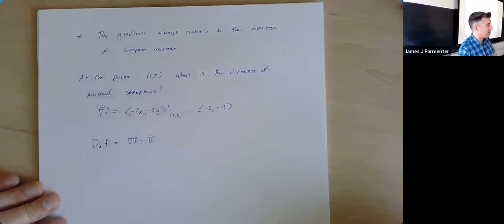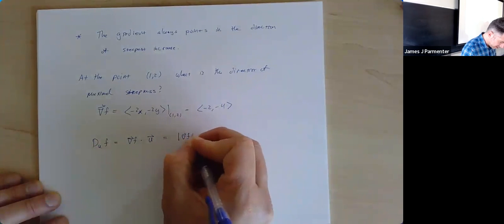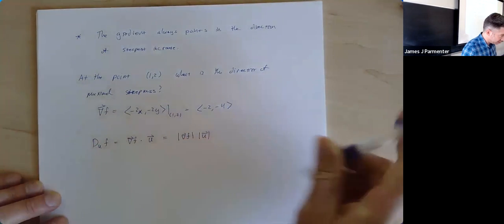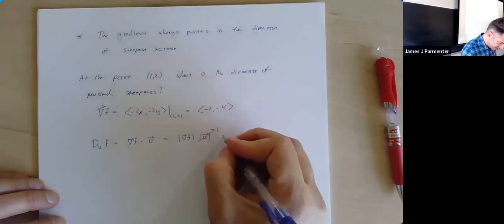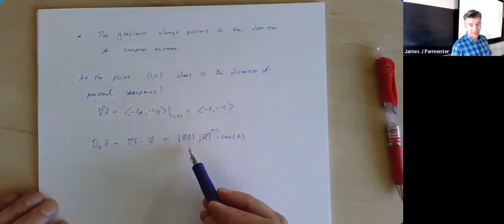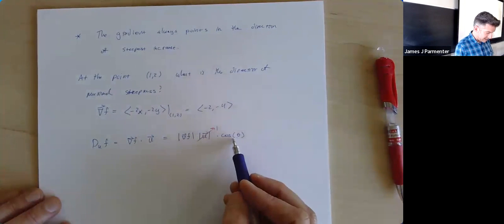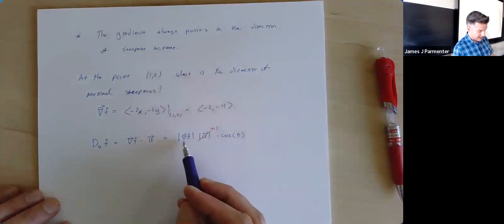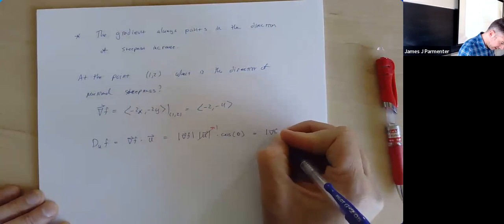We know how to calculate a dot product using another formula: the magnitude of the gradient times the magnitude of the unit vector, which is 1, times cosine of the angle between them. If I want this number to be as large as possible, what's the largest value cosine can ever have? Exactly. If theta equals 0, so the angle between your unit vector and your gradient is 0, then you get just the magnitude of the gradient of f